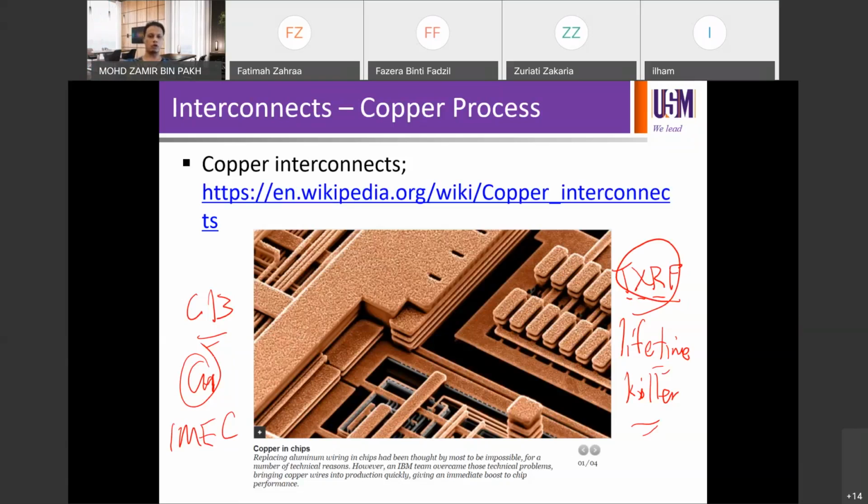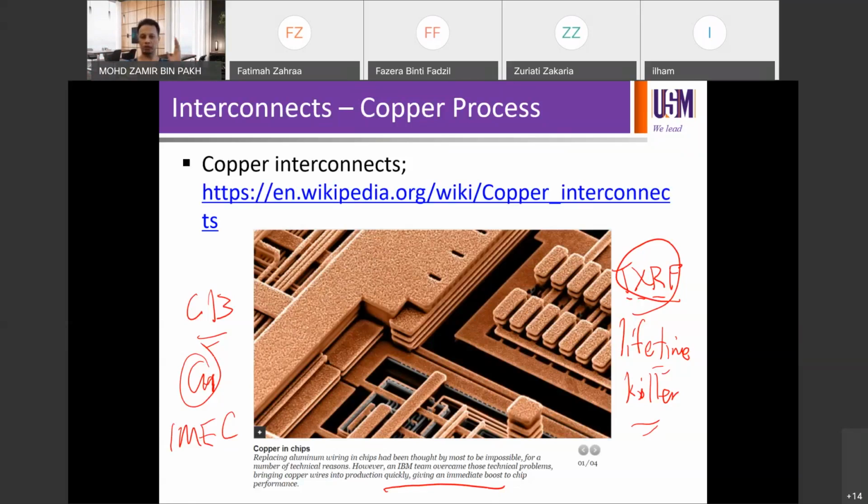Then you have to go back to the equipment, rewipe again, find out the root cause, rerun the test wafers, redo the TXRF measurement, make sure that the level is within the spec limit. If it's within the spec limit, then only can you run mass production of non-copper lots. So that was one of the big challenges when you don't have enough equipment to run just copper and non-copper, right? However, you know that copper interconnects can boost the chip performance, but you don't have enough equipment to do so. What you have to do is allocate time and have procedures followed by everyone